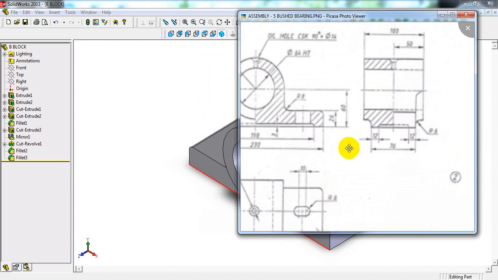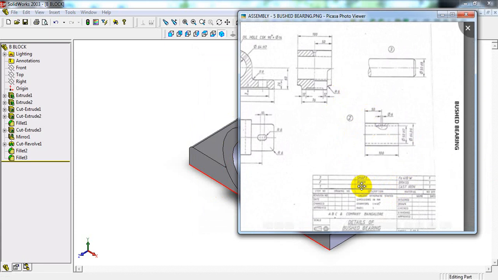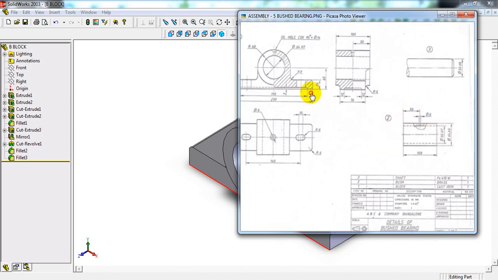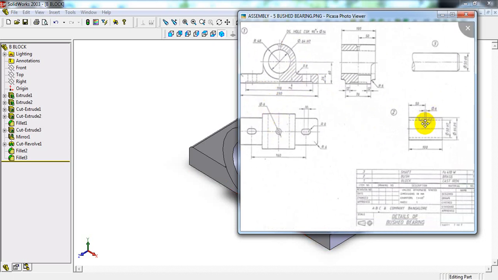Next, the second part is the bush. So this is the bush, as shown in the figure. Two diameters are mentioned: diameter 64 and diameter 50. 50 is the hollow portion. In this bush a shaft will be fitted, and here they have given diameter 6. In the body also, from the top view, we can see they have given diameter 6. This and this we have to mate in the assembly. This is the important part.